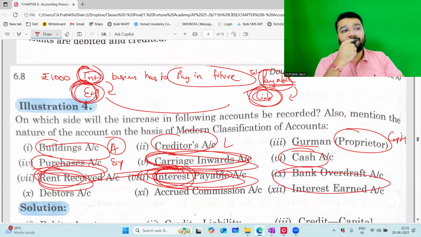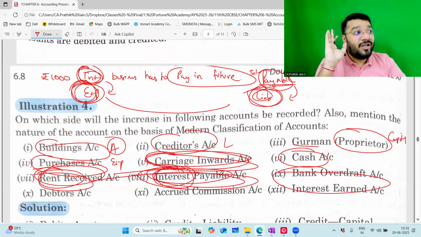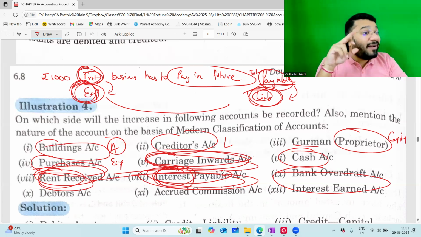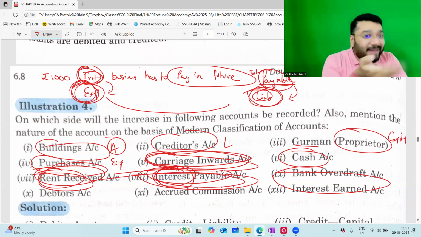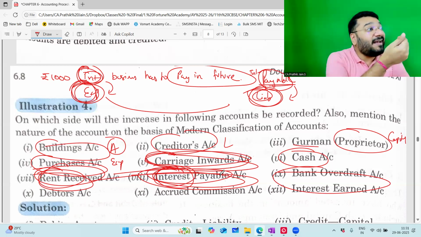Bank overdraft. Yesterday we discussed this. 1 lakh money you deposited. When you withdrew the money, how much money did you get? 1 lakh 50,000. Extra 50,000. How did it come? God gave a gift? Tell me. Bank loan. Who gave it? Bank gave it. Why did the bank give? They had the greed of earning interest.